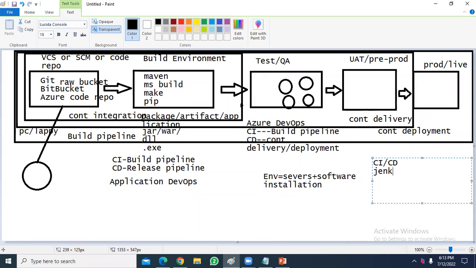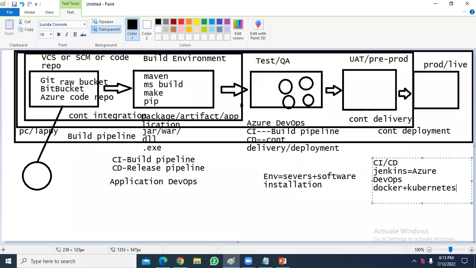Jenkins is equivalent to Azure DevOps, anyone is fine. Along with that, container knowledge is also mandatory. These three tools are most important for getting a job as a DevOps engineer.